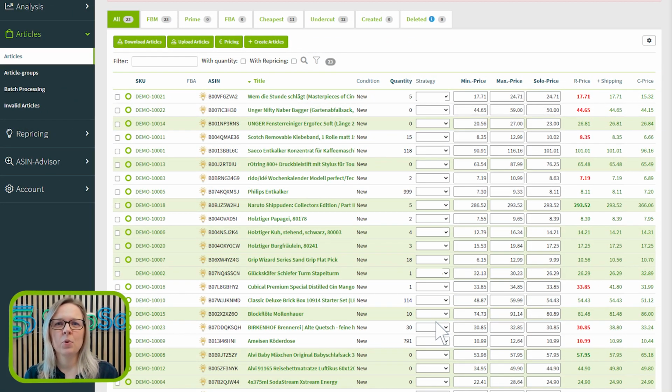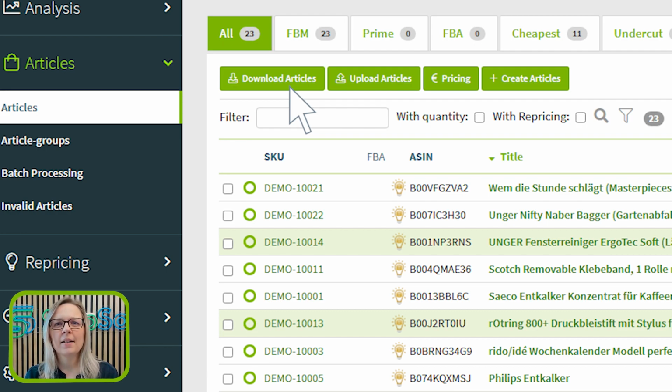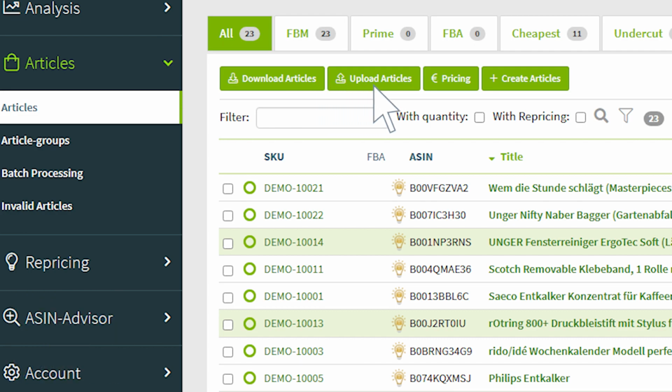Please take note of the importance of using the correct signs accurately and pay close attention to ensure their proper utilization. Of course, you can conveniently store not only the price ranges, but also the item strategy and other values in the CSV file. In order to accomplish this, start by downloading the items, enter the values in the corresponding columns of the file, and then import them using the Upload Items function available in the application.